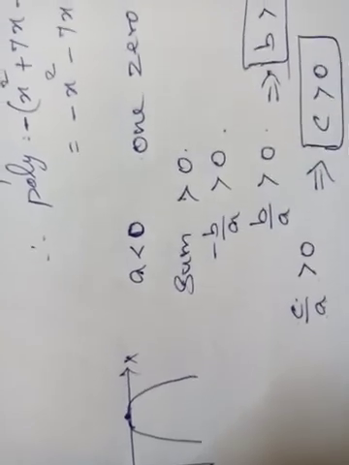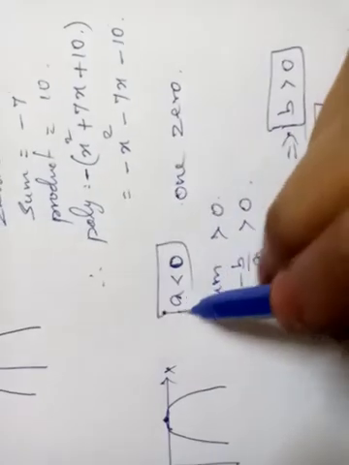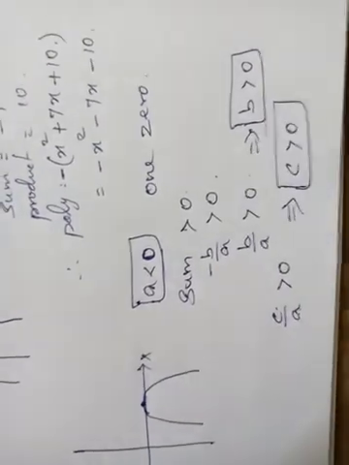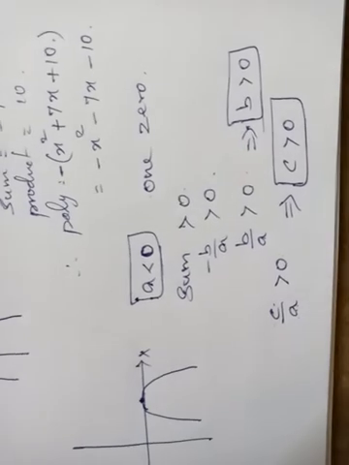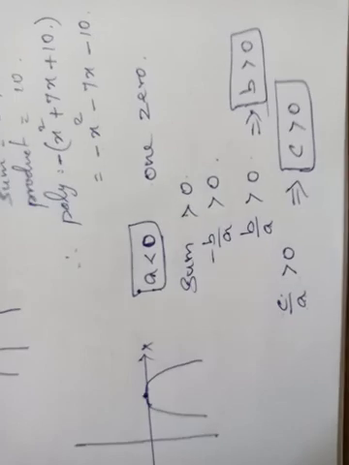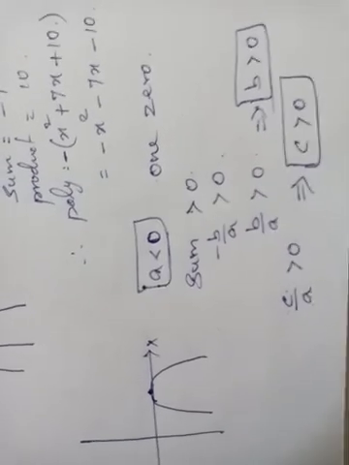So like this we can find the signs of a, b, c from the graph itself. Once again I will tell you, this is not from the exam point of view, just some idea about the graph of the quadratic polynomial. Just go through it and you try for some other graph.